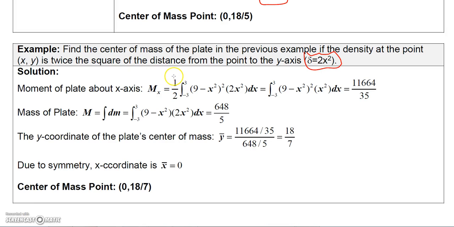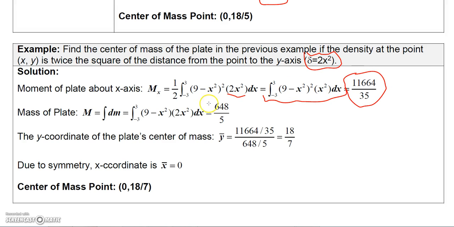But instead of having a constant density function that I pulled out, because if you go up there and look, you'll see I had delta over 2 because the density function was constant, since the density function is now a variable, I have to leave it in the integral. And now you're just going to go ahead and integrate. First of all, you're going to square this and then multiply it by 2x squared using the distributive property. So I have faith that you can do that. So go ahead and multiply all this out and then integrate it from -3 to 3. And when I did that, I got